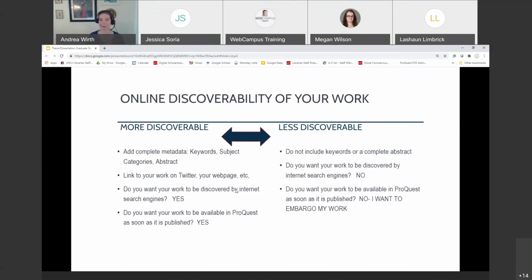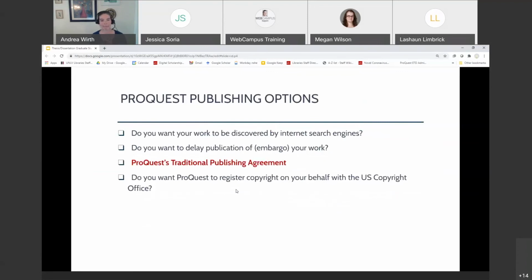So like if you're embargoing your work because you want to publish somewhere else and the publisher will not allow you to make your thesis or dissertation available, you wouldn't want your decision about providing no keywords 20 years from now, when that's no longer an issue, to influence the fact that your thesis or dissertation is never found. So think about that closely, that it is an option. And again, answer no to the embargo or internet search engine questions if you do not want your work to be discoverable. So ProQuest traditional publishing agreement, compared to some publishing agreements, it's not too long, but it is a